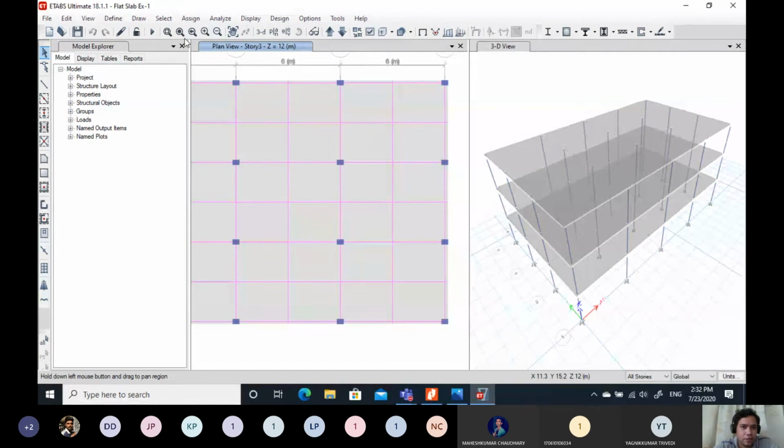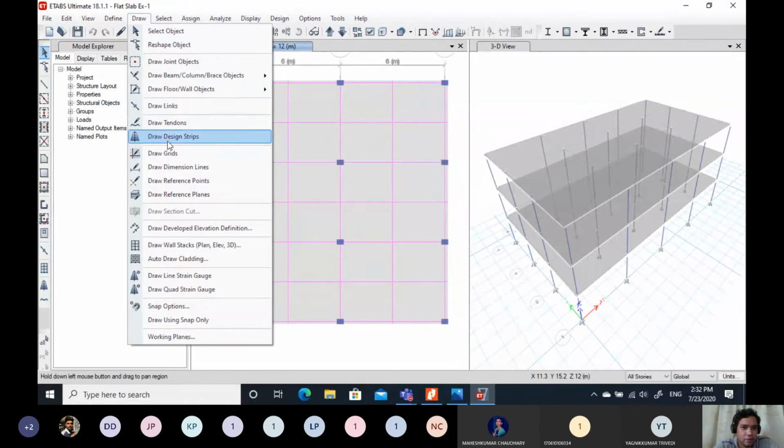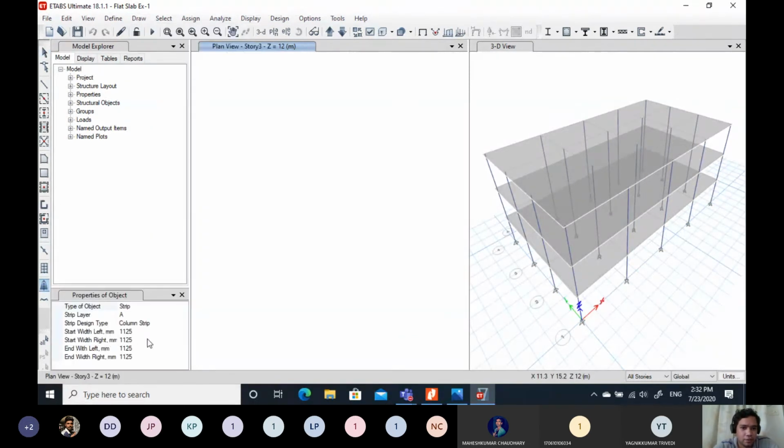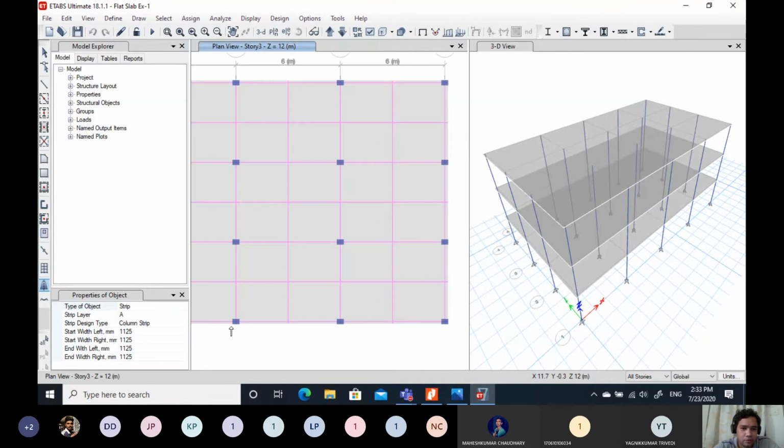Actually I do not have a mouse right now, but you can do this easily by using a mouse.